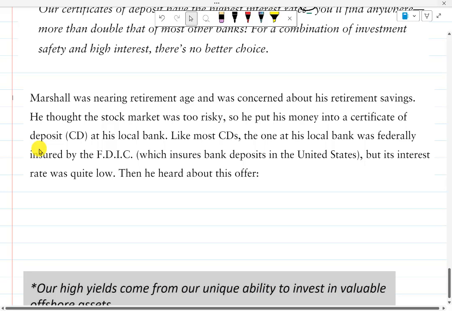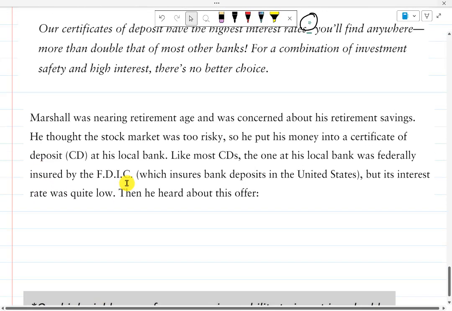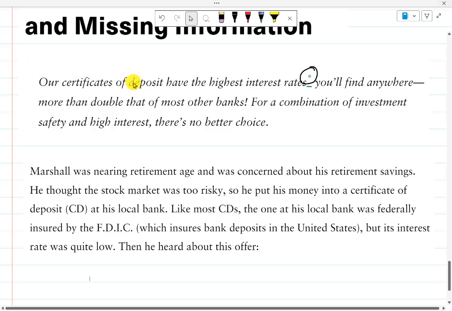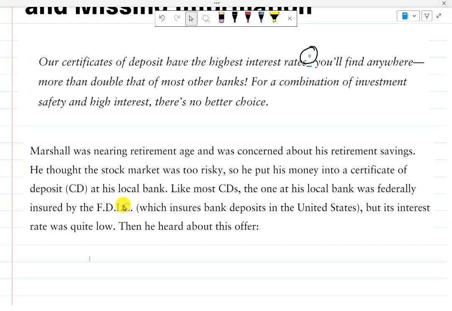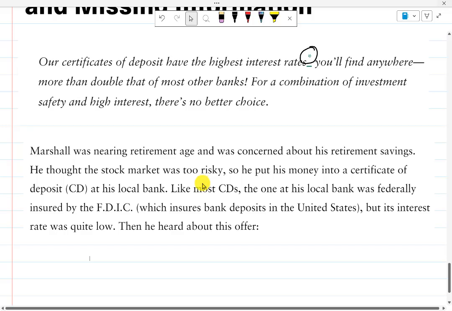But for him, this bank here looked very interesting because it says they have the highest interest rates. It'll be more than double that. Well, he would love to have that. So he might consider this choice. However, this is a piece of information that may or may not be on the other one. FDIC, the Federal Deposit Insurance Corporation, will make it so if this bank that you bought the CD from fails, then you'll get your money. The government, or whoever the insurance company is through the premiums, will send me a check for the money that was stolen from my account.